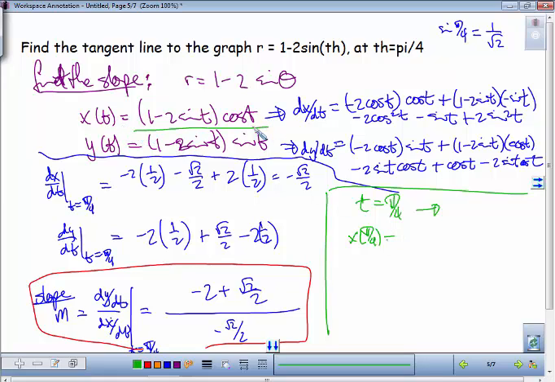That's this thing, 1 plus 2 sine theta, cosine theta. So let's put pi over 4 in there. 1 minus 2 root 2 over 2 times cosine theta is root 2 over 2. So that turns out to be, I don't know,